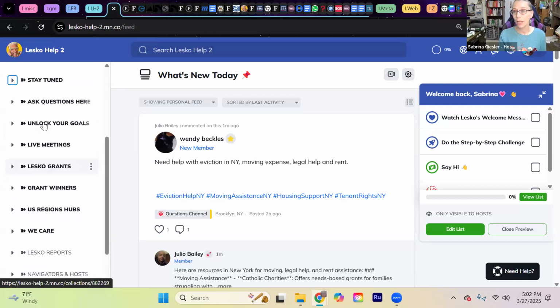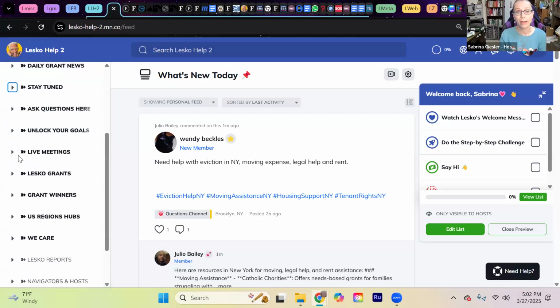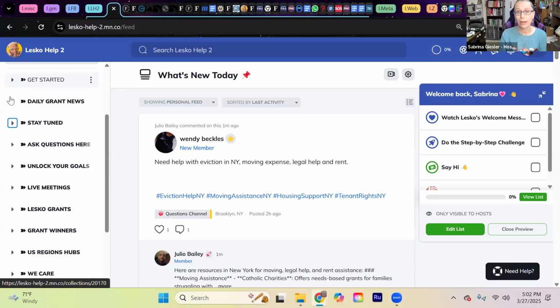Julia May is such an amazing organizer, and she has so many different ways to make things clear and visually appealing at the same time. So when you see the overall pattern, you see this is your get started area, into your grant news, then into community news, an overall place for you to ask your questions. If you're not sure where else to go, you can always jump into the Ask Questions Here collection. And the newest area that